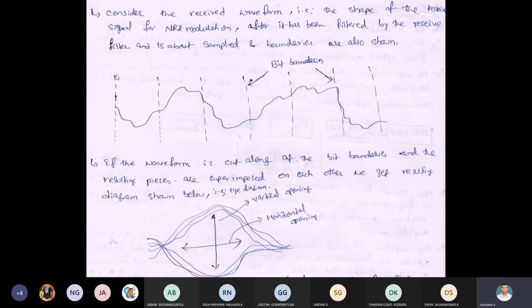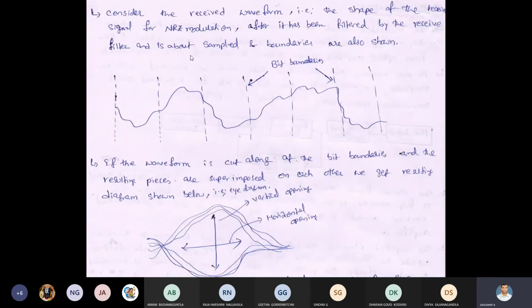Now apply the sampling theorem. This is about bit boundaries. We have to check and apply the sampling period and divide it into a number of slots. Each slot is called the bit boundaries. First, we have to check this bit. What is the voltage? Whether this voltage is above the threshold voltage or below the threshold. Whenever it is below the threshold voltage, it should be a representation of 0 by using the decision circuit. This is above the threshold voltage, it should be 1.